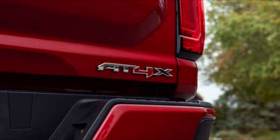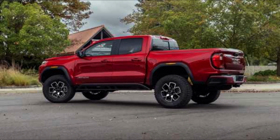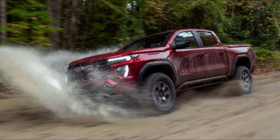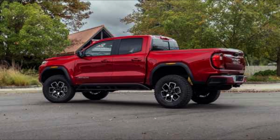So should you buy the GMC Canyon AT4X? I personally think if you're looking for something that's got a little bit of luxury and off-road capability, yes, for sure. The Canyon AT4X is your truck if you want all the trail tools in GM's catalog, right? So the Colorado ZR2 just isn't fancy enough. So if you're looking for something fancier, go with the Canyon AT4X. I would say,